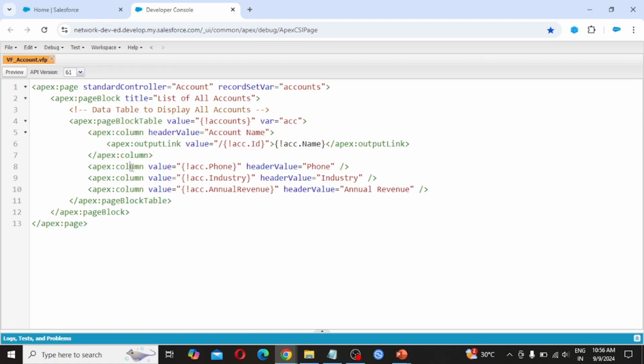Then next apex:column, phone, acc.Phone. Here we have created the variable acc, that variable dot Phone, then acc.Industry, then acc.AnnualRevenue, and we are providing the header value as the phone, industry, and annual revenue. Closing the tags respectively: apex:pageBlockTable, apex:pageBlock, and apex:page. Save this Visualforce page